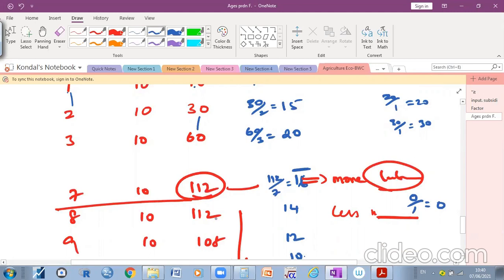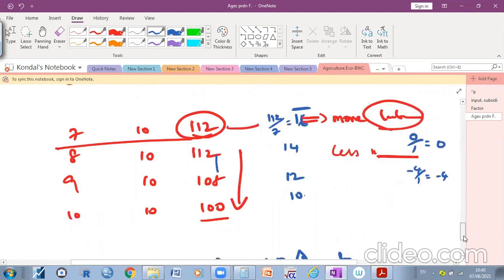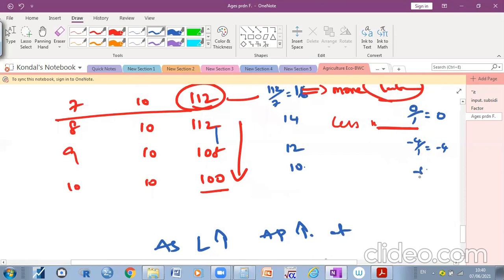And here, how much value? How much is the difference between these two? Here, minus 4 by 1, which is minus 4. And here, minus 8 by 1 is equal to minus 8. See here,